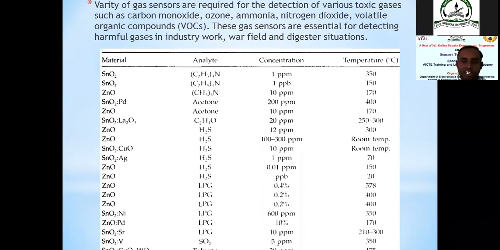So there you can see these materials, in combination with other materials, can detect different types of gases, but their concentration requirement is different, and their temperature is different. Very few are working at room temperature. So presently people are working to prepare sensor devices which will meet this requirement of room temperature